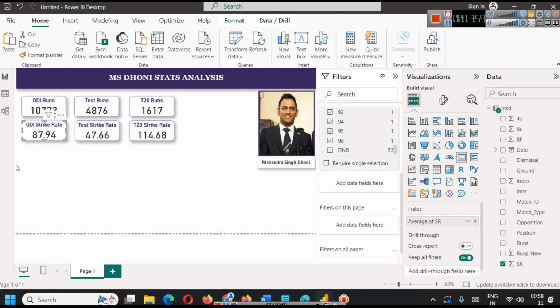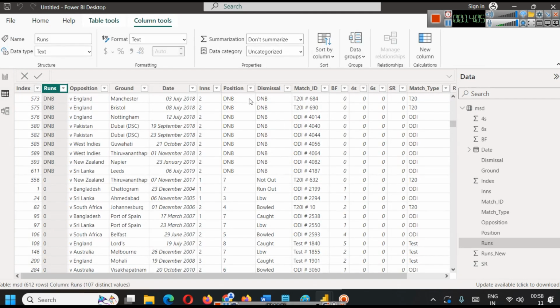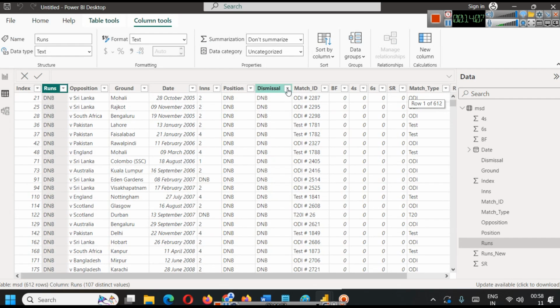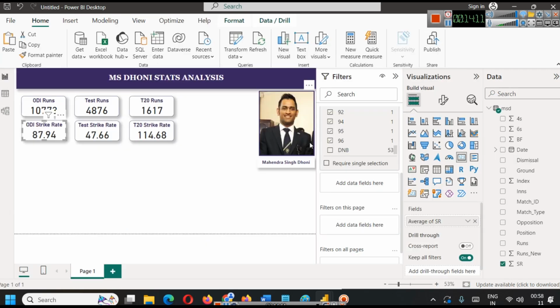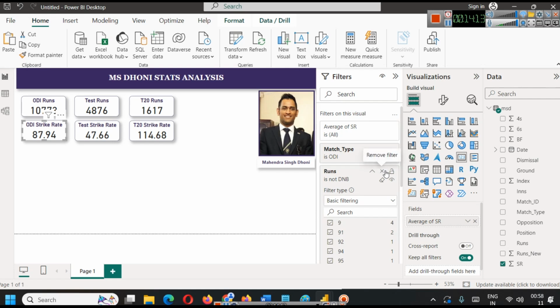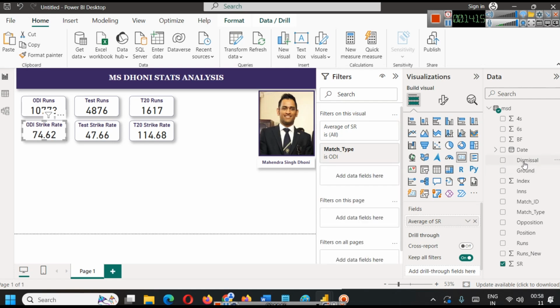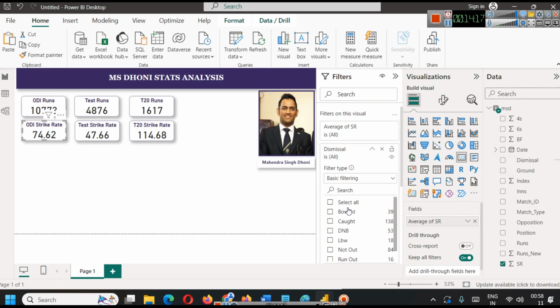So it gives us a strike rate of 87.94. This is one thing. Obviously, we also have dismissal. In dismissal, we have different values, so we can also use dismissal. You can either use runs here or the dismissal here, and we will select everything but